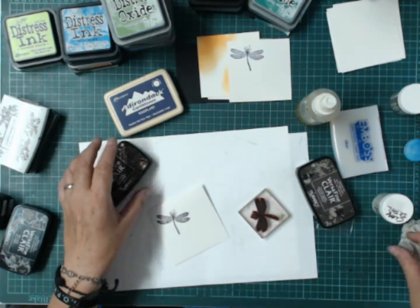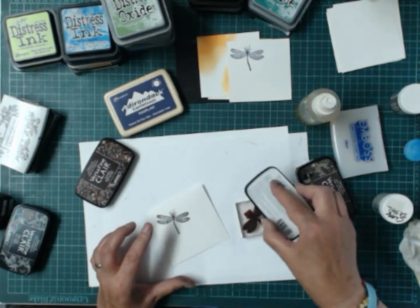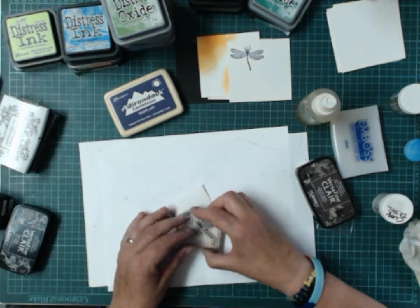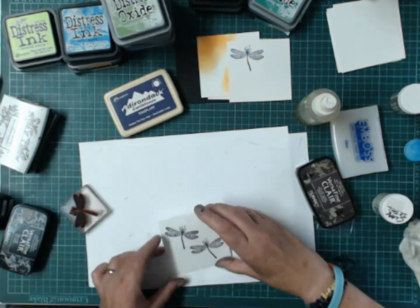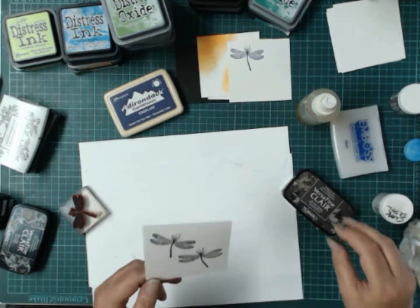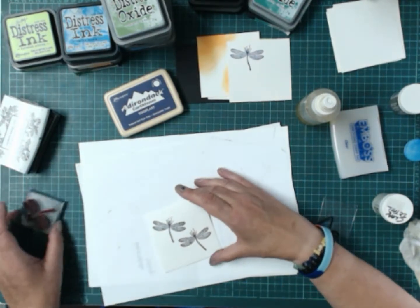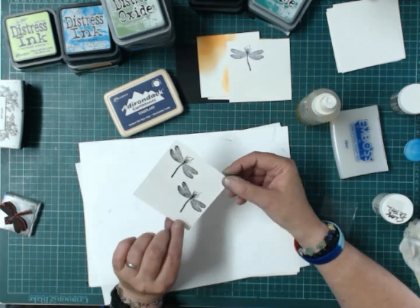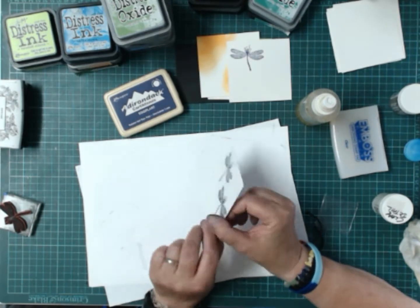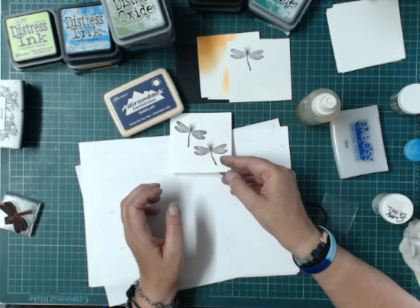The Pine Cone, which is the one I bought on a recommendation as being the better one, after I told people what I thought about that one, that one does look like a dark brown, but the Fallen Leaves, not so much at all. So that one I wasn't happy with in the slightest. But the others, they stamp out beautifully. They work just as well, if not better, than the original. And I really never thought I would say that there was anything better than VersaFine Onyx Black, but they seem to have managed it. So that's my little take on a few things to do with my ink pads today,